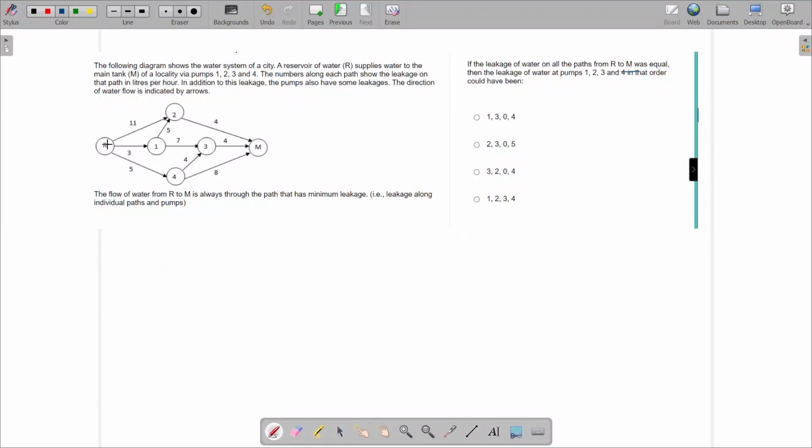So suppose I take this path, first of all R to M, the leakage will be how much? If we suppose that leakage in tap 1 is X, leakage in tap 2 is Y, and 3 leave for now. See how I'll do it quickly. If we take this path first, the leakage will be 11 plus Y plus 4. Now any path you take, leakage will be equal. So now if I take this path, why have I taken this path? So that I know that both the values are equal.